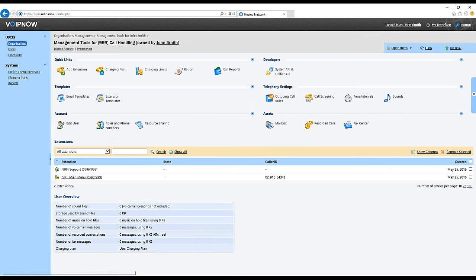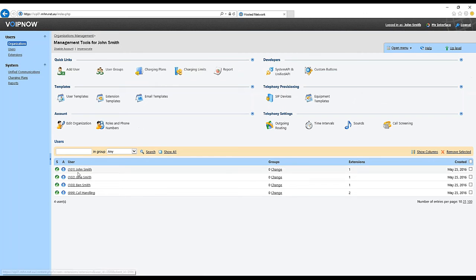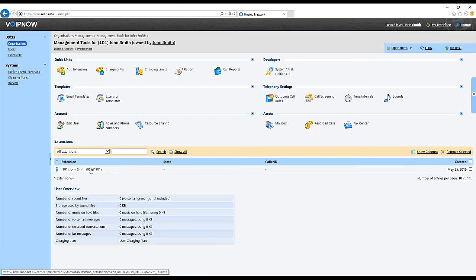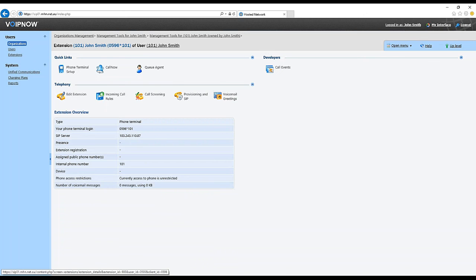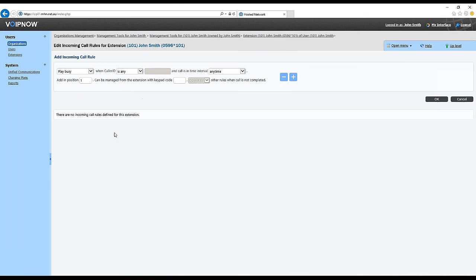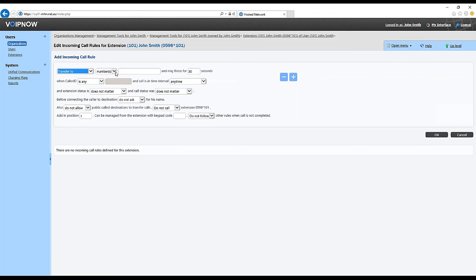Okay. And finally, we have incoming call rules. So let's jump back up one more section and take a look at John Smith. If we jump into his extension and go into the incoming call rules section, right now you can see that that's blank. To set up something similar to what I was describing before about transferring to a mobile, if John didn't answer the phone within 30 seconds, you'd come up to the first section, click transfer to, type in an external phone number here,